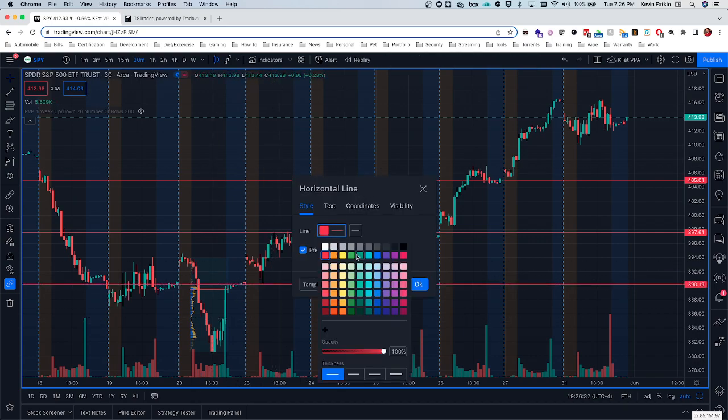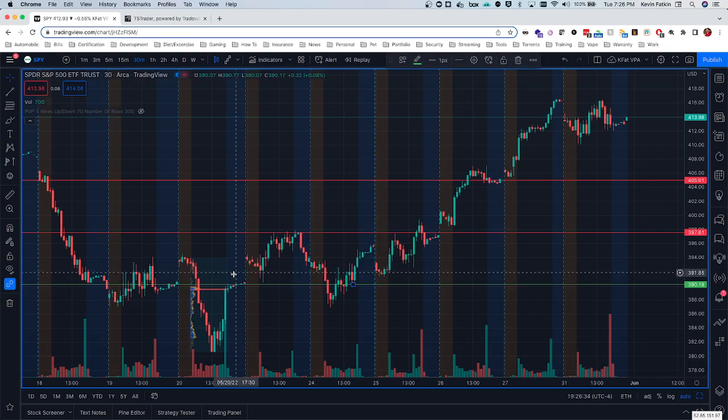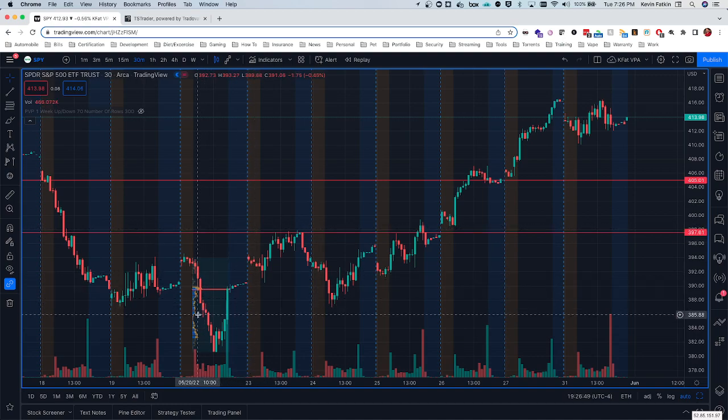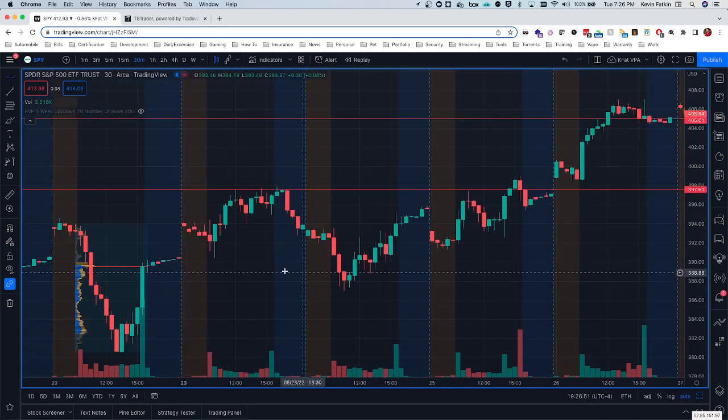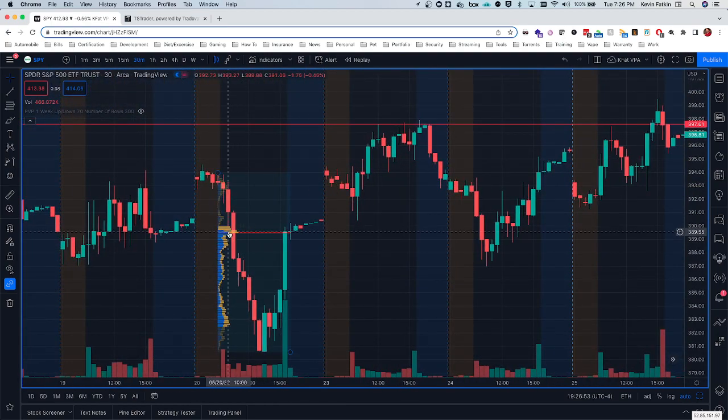Well, sure enough, the following day, when it came down and touched it, we get this strong reaction, and then you get out, and then eventually it can break through it. It certainly can break through it. But it usually takes a couple tries before it does break through an area if it's strong enough. This is not the strongest area by any means, but